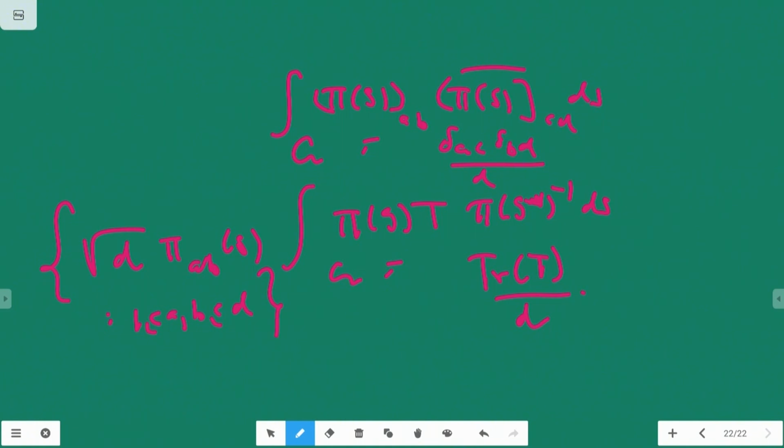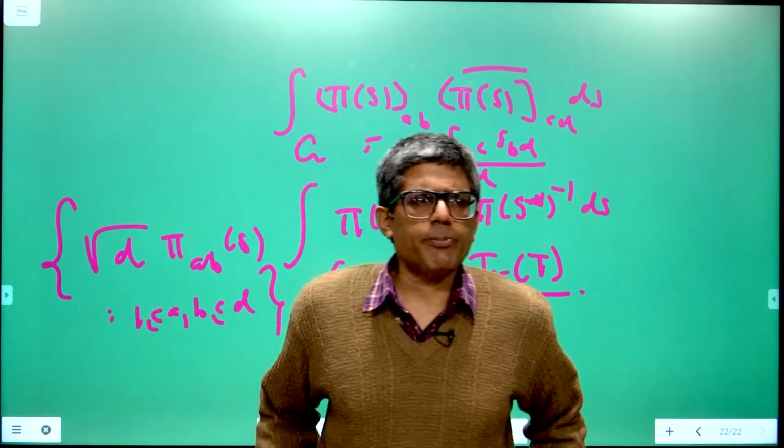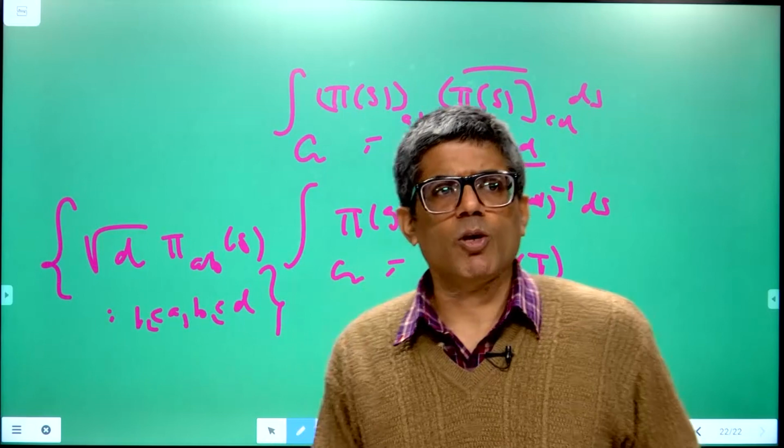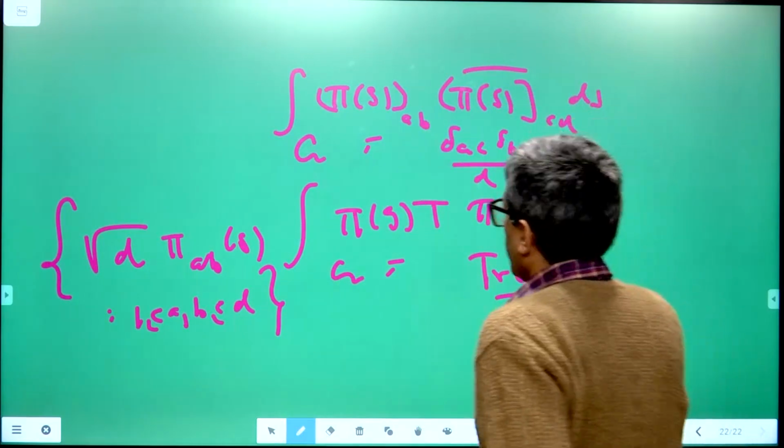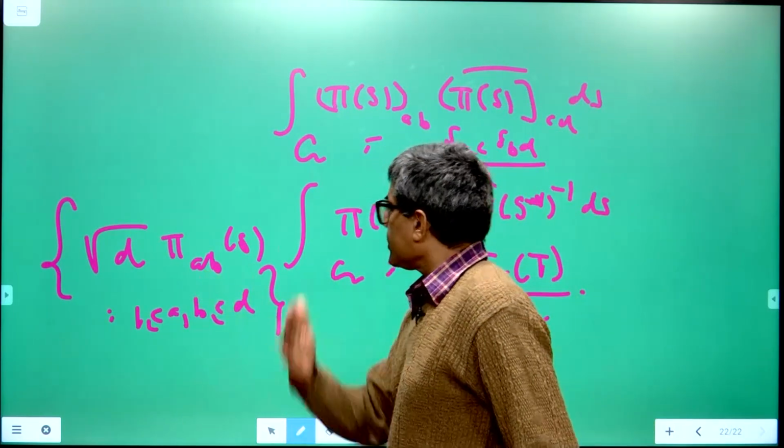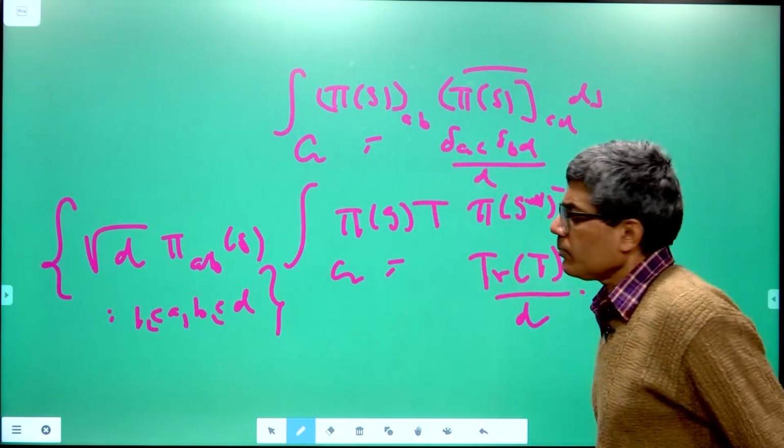So this is an orthonormal. If you combine this with the completeness proved by Peter and Weil, Peter-Weil proved that the set of all inequivalent irreducible representations of a compact group form an orthonormal basis. Orthogonality is proved by this, and completeness is proved by using an argument based on